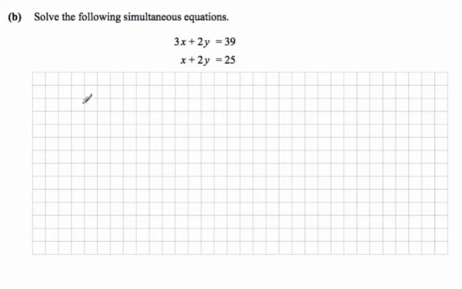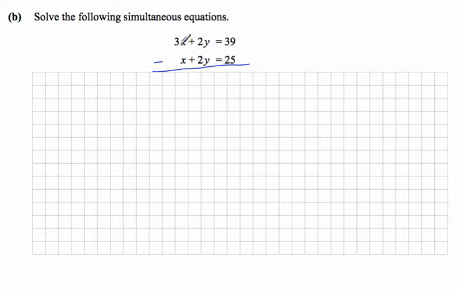Part B says solve the following simultaneous equations. Okay, well, when solving simultaneous equations, we're hoping to either make or find two of the terms with the same coefficient. So we can see here we've got plus 2y and plus 2y. So straight away what we can do is we can subtract one equation from the other, and that will eliminate